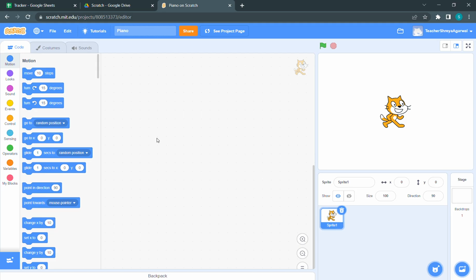Hello everyone, today we're going to be creating an interesting project on playing the piano. Now, I really love playing the piano and I don't really get much time to play it actually. So what we are going to be doing today is we are going to be building one on Scratch for